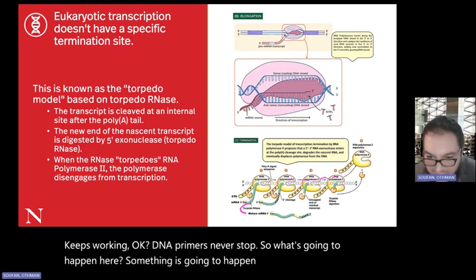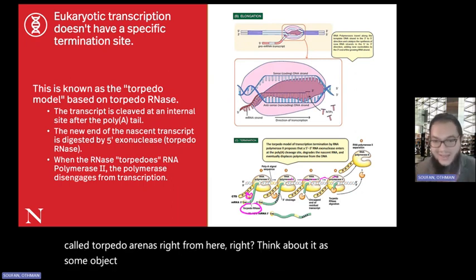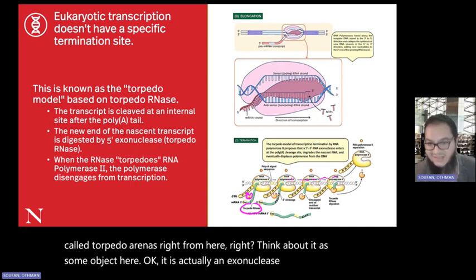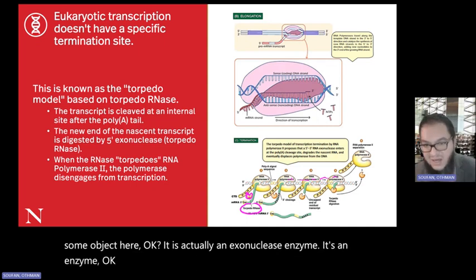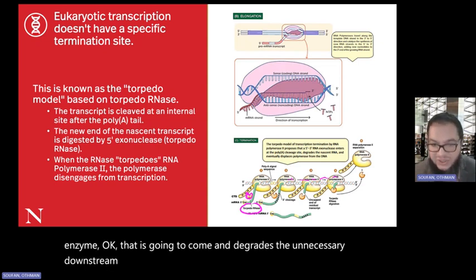There's what's called torpedo RNAs right from here. Think about it as some object here. It is actually an exonuclease enzyme, okay? An enzyme that is going to come and degrade the unnecessary downstream RNA, and so it keeps eating